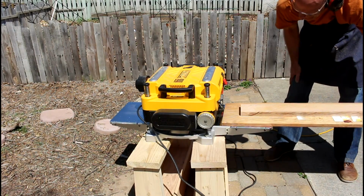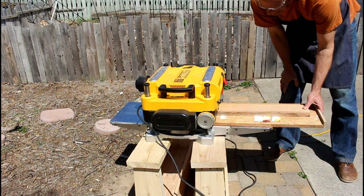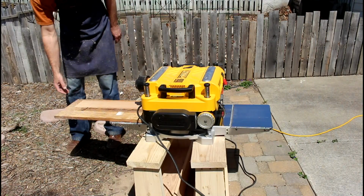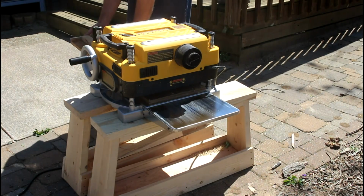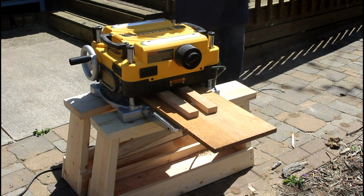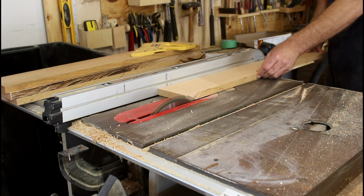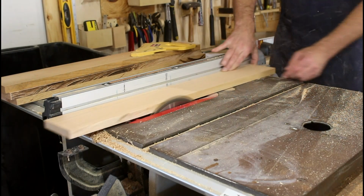I got this planer just a week or two ago, so this is one of the first times using it. And I don't have a jointer, so I used a sled to get the first side. After I got both sides nice and smooth,